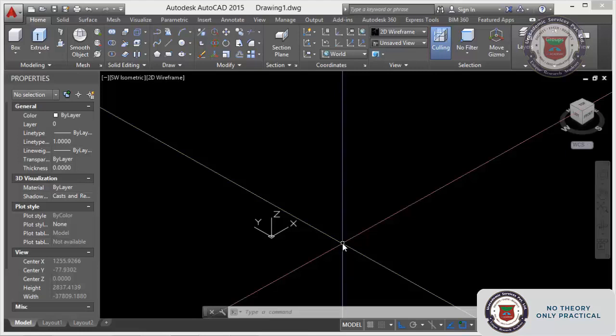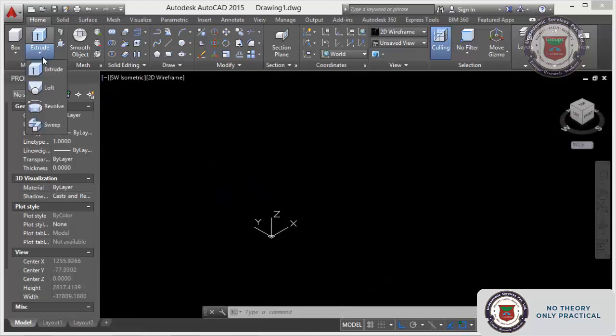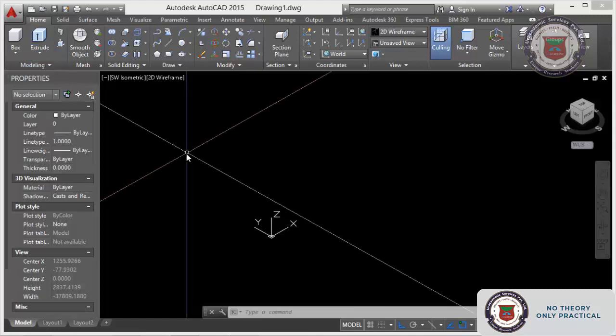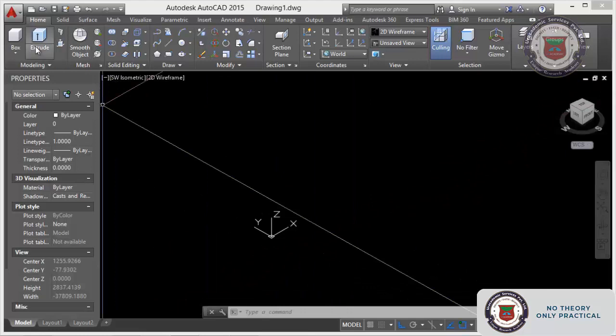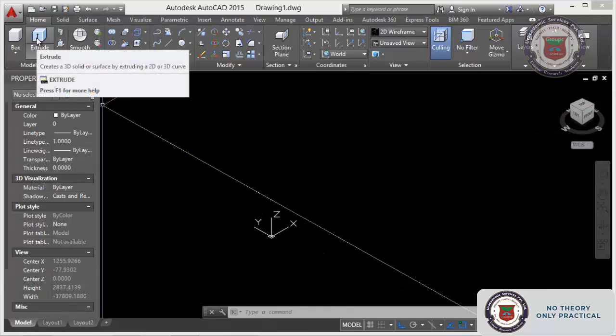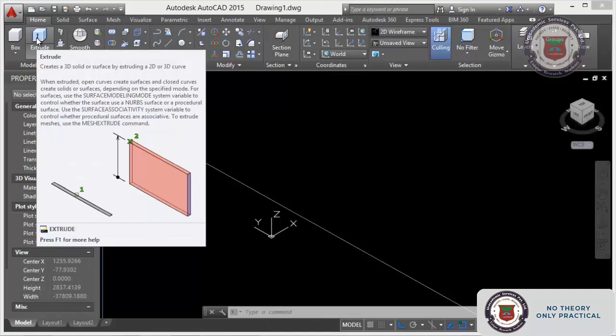First we will go for extrude. Extrude is the command used to extrude a 2D surface to 3D. Just see: create a 3D solid or surface by extruding 2D or 3D curves. When extruded, open curves create surfaces and closed curves create solids or surfaces depending on the specified mode.